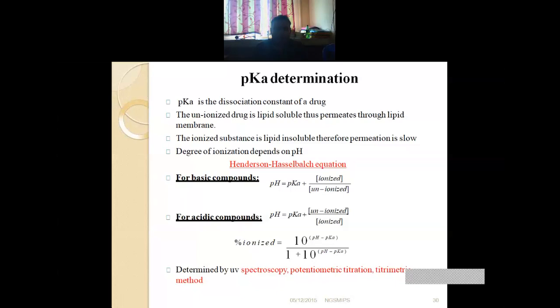Okay. So the ionized substance is lipid insoluble, therefore permeation is slow. Those drugs that are lipid soluble, that means the unionized drug, can easily pass through the lipid membrane. So, but in case of